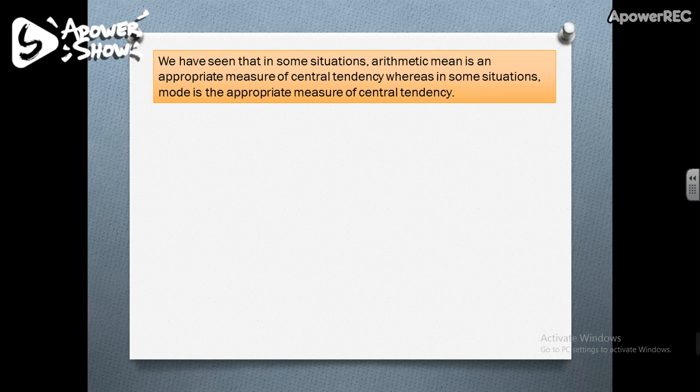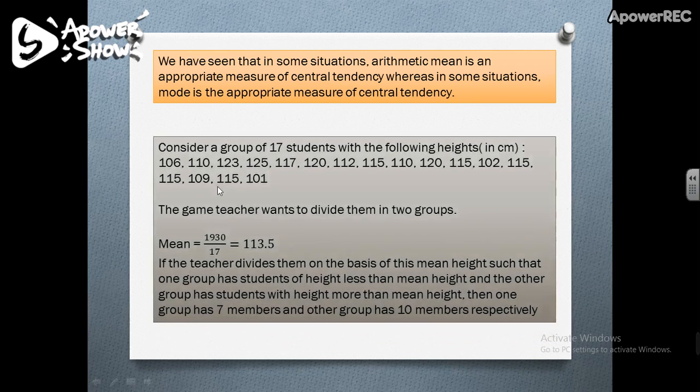To understand this, we have to just consider this example. Consider a group of 17 students with the following heights. Now their games teacher wants to divide them into two groups. The first criterion she is using is to find the mean of this given set of data. So the mean of this given set of data is equal to